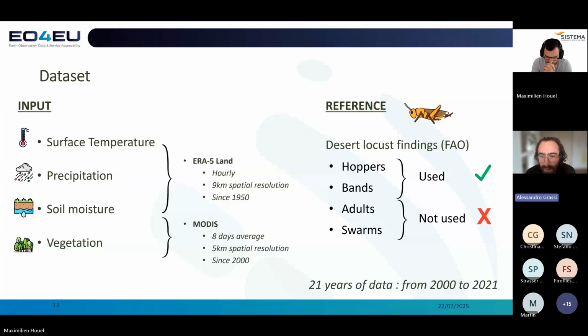While if we have a finding of an adult, it's hard to say if the desert locust just arrived there from a very far location, or it was there for a long time period. And also hoppers and bands, being at the early stage of their life, correspond better to the position where the eggs were present. And on the next slide,